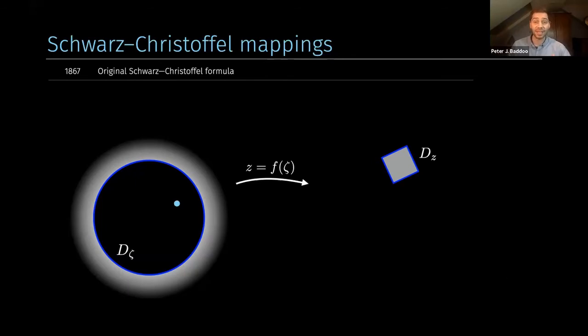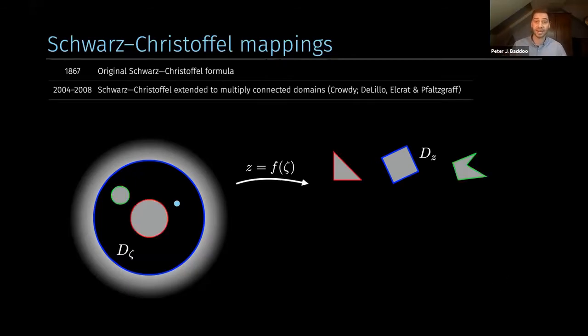A big advance came in the early 2000s when my colleague Darren Crowdy and another group independently found multiply connected versions of the Schwarz-Christoffel formula. So by multiply connected, I simply mean that there are multiple boundaries in this physical domain. And you can see we've taken out some circles in this circular domain, and the colors show the correspondence between the circles and polygons. But one of the particularly attractive things about Crowdy's solution to this problem was that he